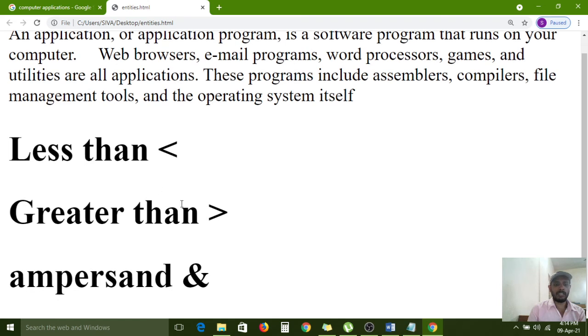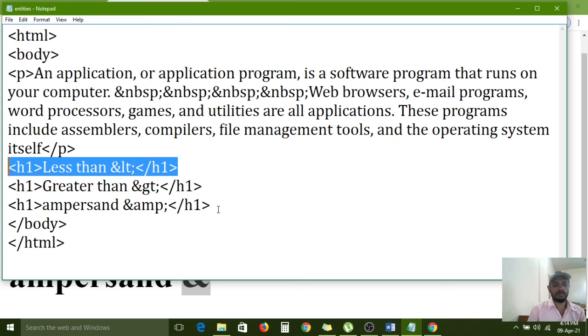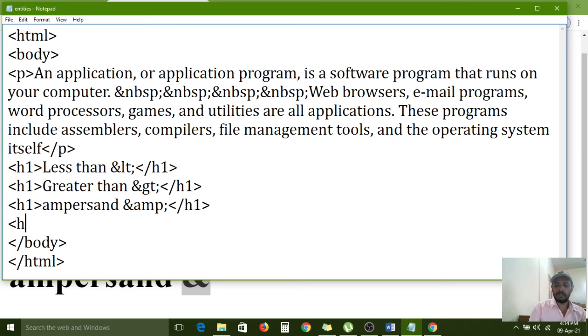So the ampersand operator is printing. Here I haven't used the ampersand symbol anywhere else; this is syntax only.